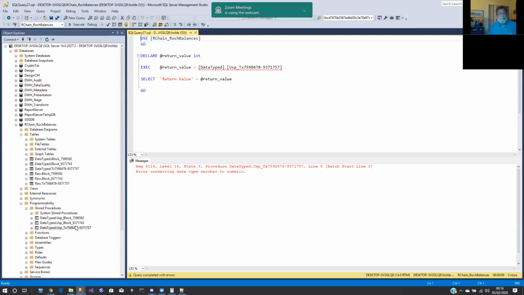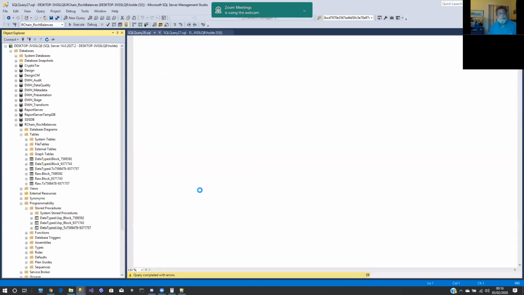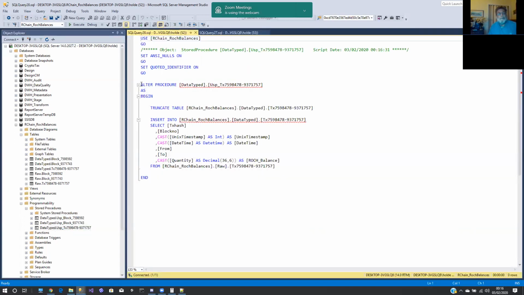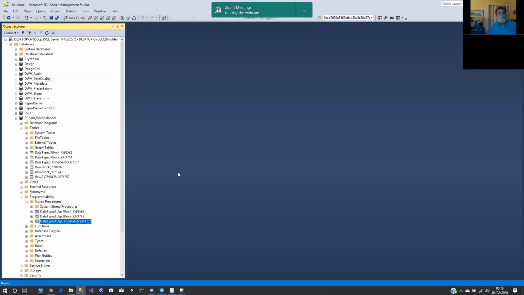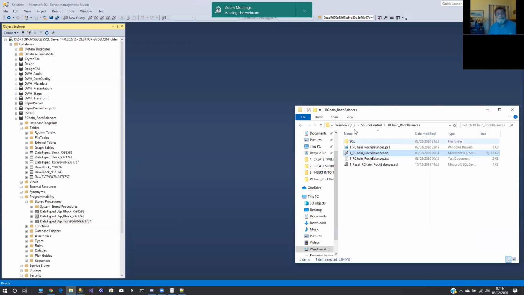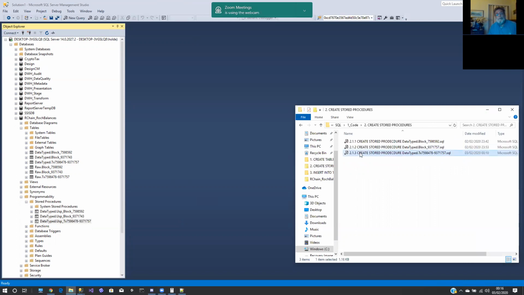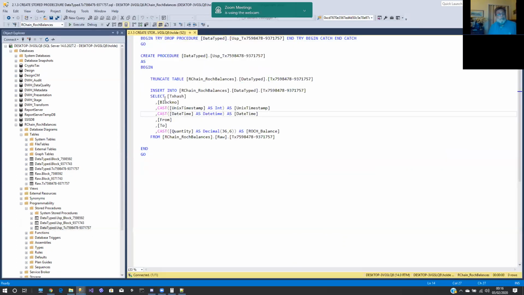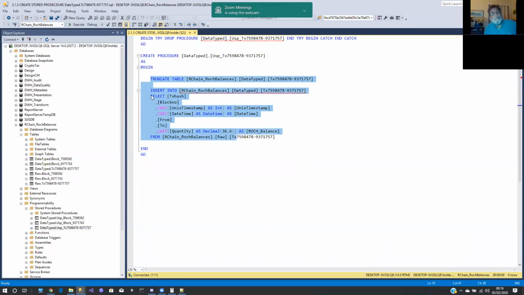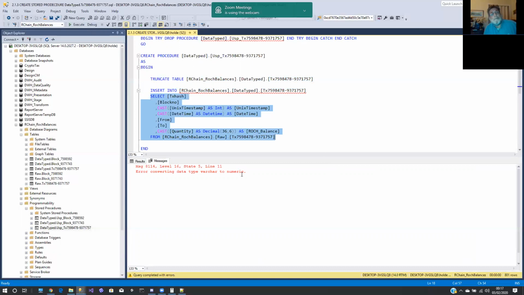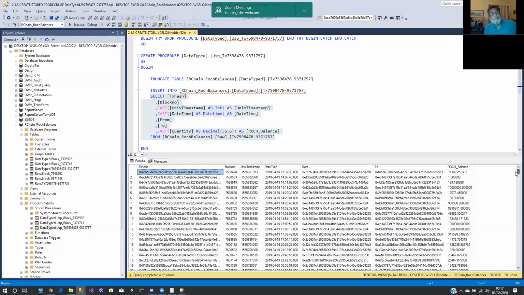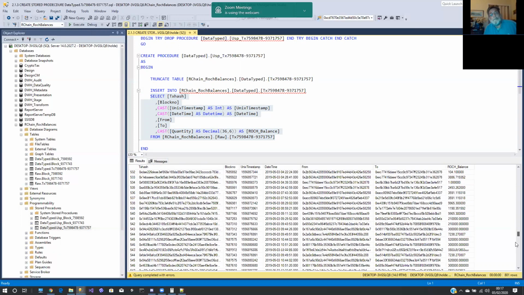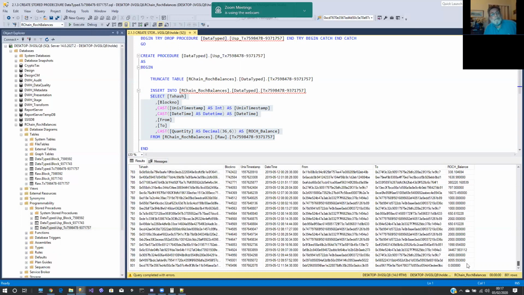So what I can do is I can either modify it and edit it in here and it will alter the stored procedure, but I'm not doing that because I'm trying to maintain my little source control that I've got going on over here with the PowerShell script. So instead of modifying it, I'm going to open the file, and now we can try and run it. Instead of running the entire thing and trying to insert in that file, we can try and just run the select statement, and when we execute that, we know it's going to fail, but where did it fail? I'm hoping we've got past row 800, but I'm not convinced we have. No, it's failed at the same point,